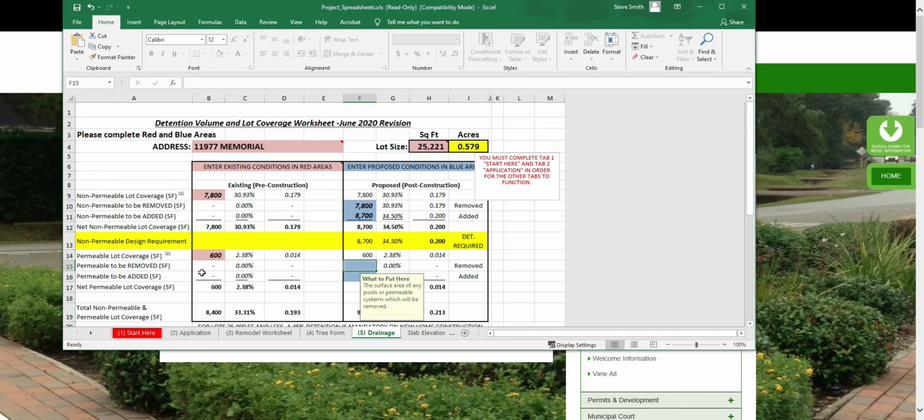And then how much of that 600 would be removed? Typically we see that existing pools are removed, so we're going to say 600. And then what's going back? And we're going to say 1,500 square feet. So after entering all of this information,